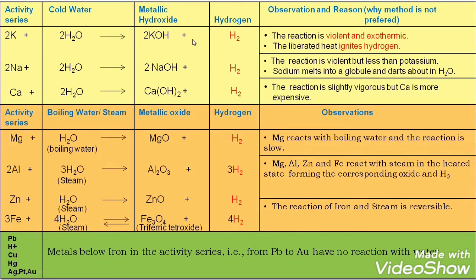One more indirect question that you might get here. You can see that in all the cases, the only product which is common is hydrogen. You will be asked to name the gas evolved in each case. In that they might ask about the active metals. I told you active metals means K to Fe. Any of these active metals reacting with water, if they ask, you should know that the gas liberated is hydrogen. Write down the equation. Do not glance over the equation. Practice them well. Learn the balanced chemical equation itself.